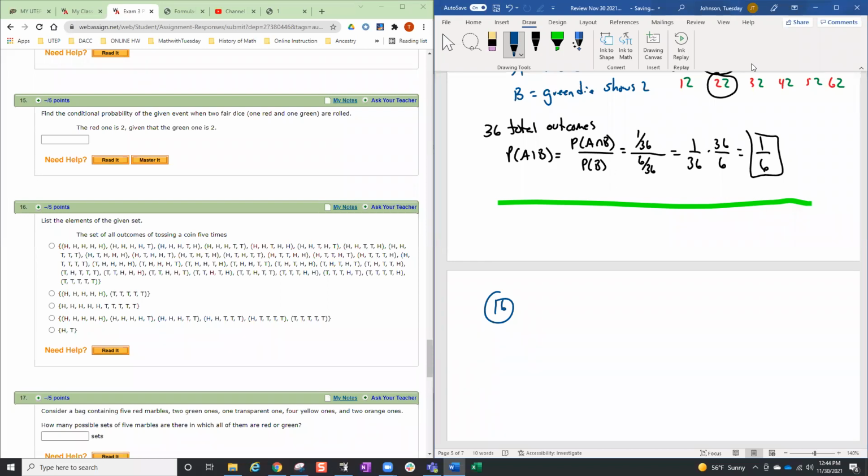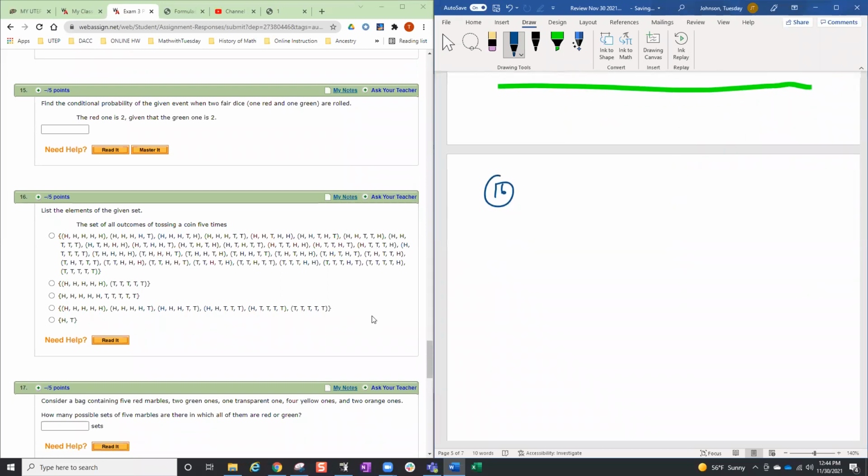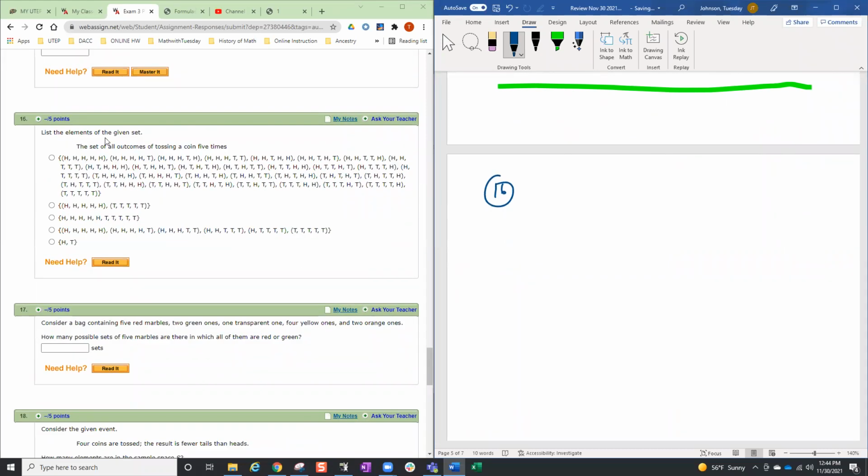All right, number 16. This is where I need to slow down. List the elements of the given set. Are you kidding me? Okay, set of all outcomes of tossing a coin 5 times. It's the same coin, we're tossing it 5 times. This will be distinguishable because you're doing it 5 separate times. It's not like we're flipping 5 coins at once. Those might be indistinguishable, but you have attempt 1, attempt 2, so they're separate. This is distinguishable. Heads or tails,